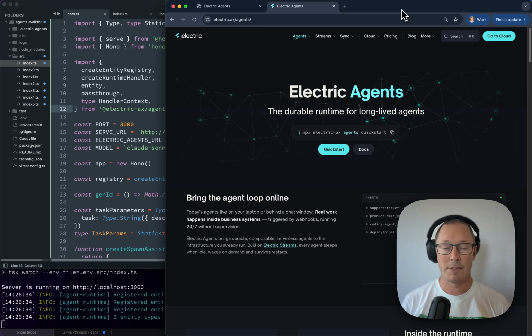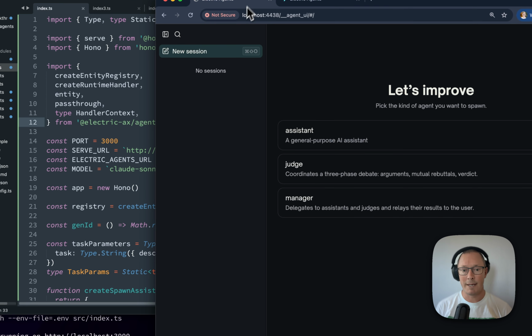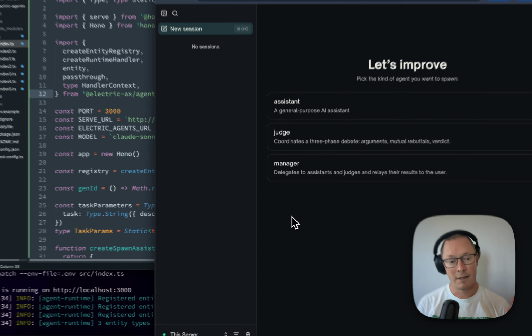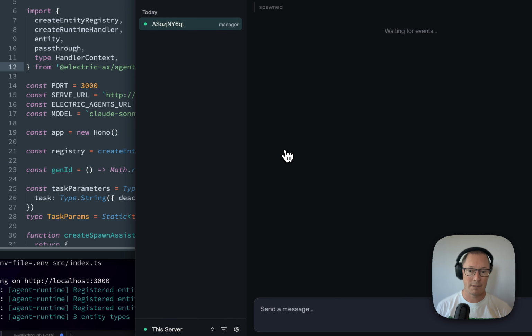So we're going to see how to build a collaborative multi-agent system using electric agents progressively in steps, starting from just a vanilla Hono web app. Where we're going to get to is a three-stage process where we have a manager agent,